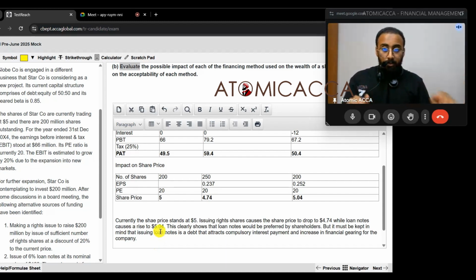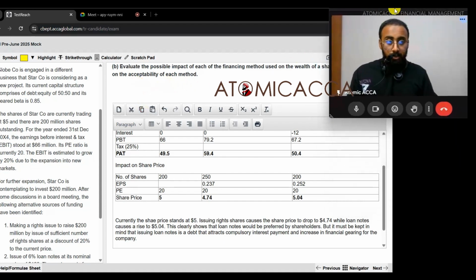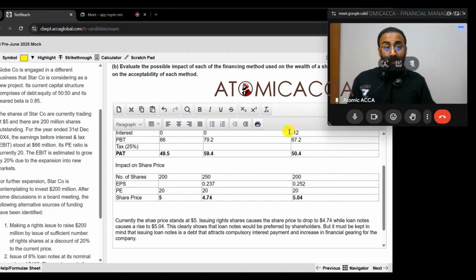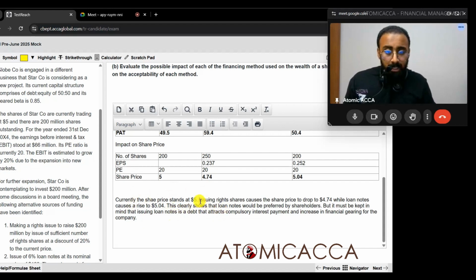Is it done? No. What are they saying? Impact on shareholders, we told, and acceptability of each method. So now you have to say which one we can go ahead with, like a final conclusion. Because they told us acceptability of each method. So collectively we have said that issuing rights shares is going to give 4.74, while loan notes cause a rise to 5.04. So this clearly shows that loan notes would be preferred by shareholders, but it must be kept in mind that